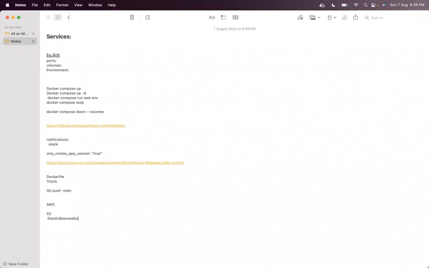We are using Elastic Beanstalk service. These are all the tools we are trying to use now. We are using Docker. We are using Travis. We are using GitHub to push into it, and we are taking help of Travis to deploy into AWS services, AWS Elastic Beanstalk via S3, and from S3 it will actually pick up and the web application will be deployed into Elastic Beanstalk. So this is what we are trying to accomplish as a part of the CI/CD pipeline. So this will go through this entire pipeline as of now.